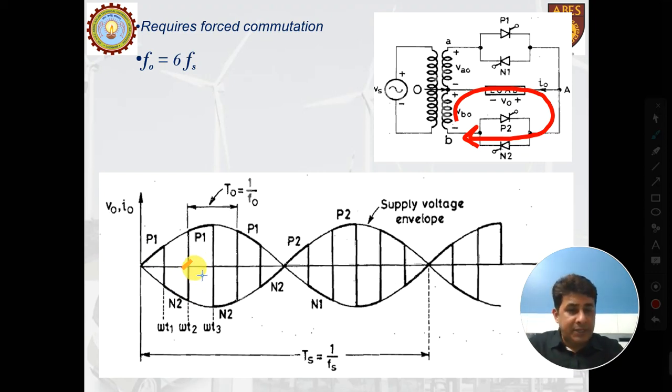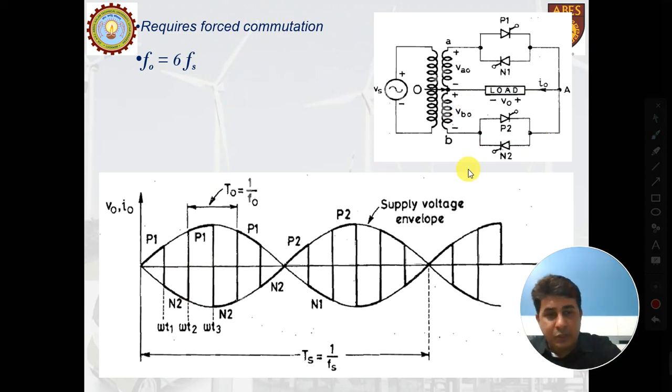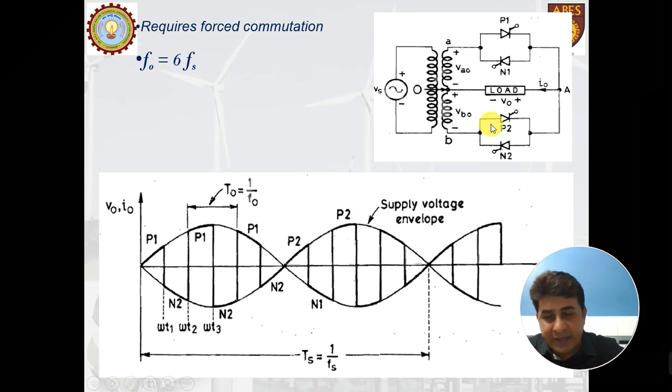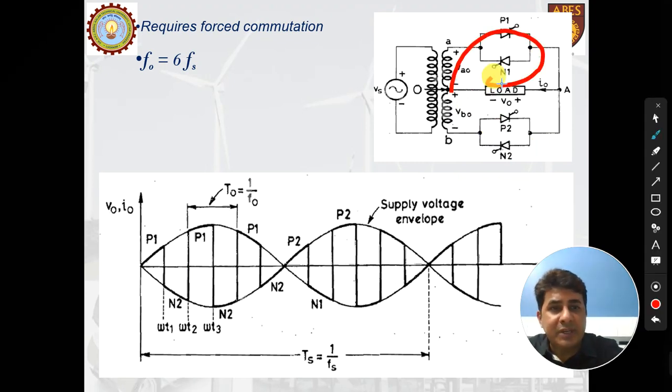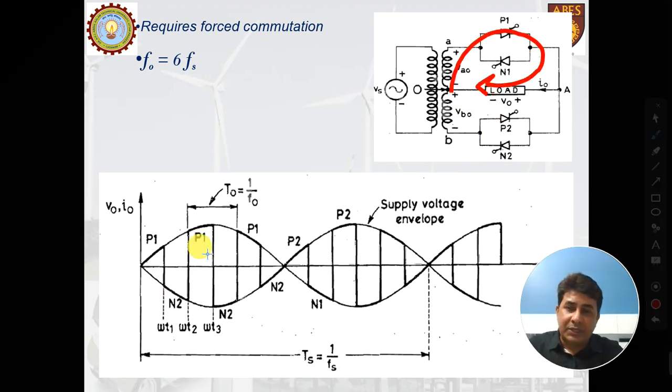we commutate N2 forcefully. So basically in this kind of operation, whenever we require step up operation, we go for force commutation. So this becomes a necessity for this cycloconverter. Now again at this point, we'll take N2 out from conduction and we'll again fire P1. Now when P1 is fired, again a positive voltage will start appearing. Again here P1 is stopped, then N2 is conducted, then at this point N2 is forcefully stopped, then P1, then